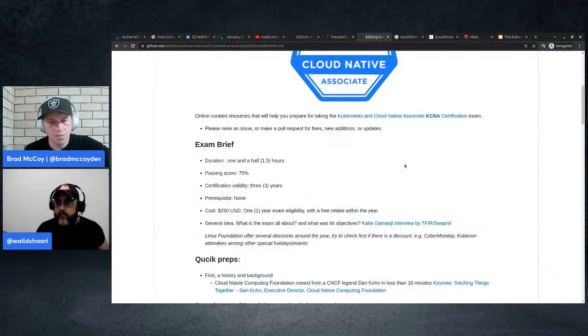But this is not about passing. This is about learning. This is about your journey to the cloud native and Kubernetes world. So the most important thing after you have a cluster up and running, you understand the architecture and you can deploy an application, is how to monitor it, how to make it reliable, how to maintain it. So observability is there. And then how about delivery?